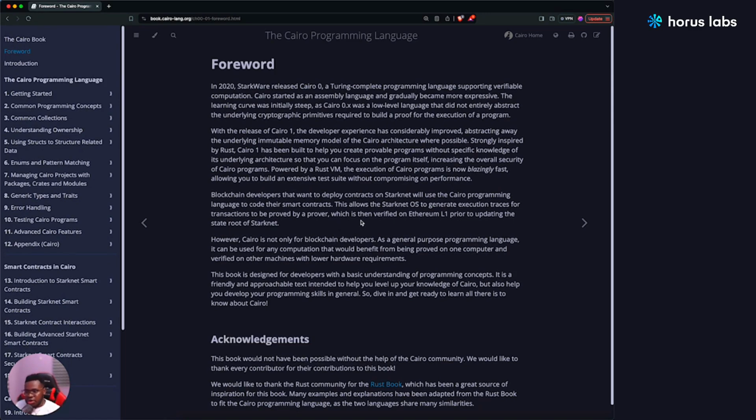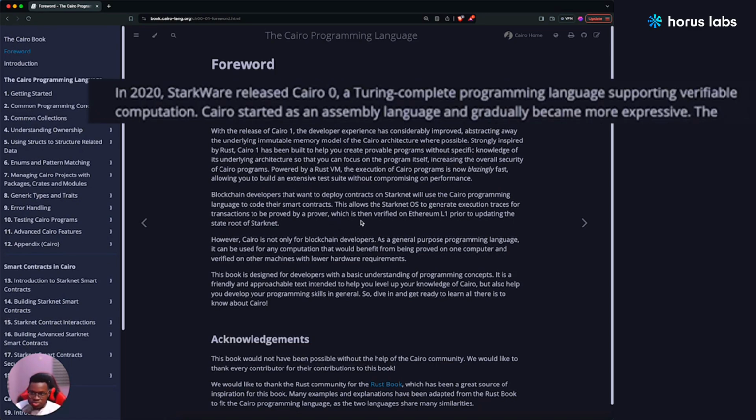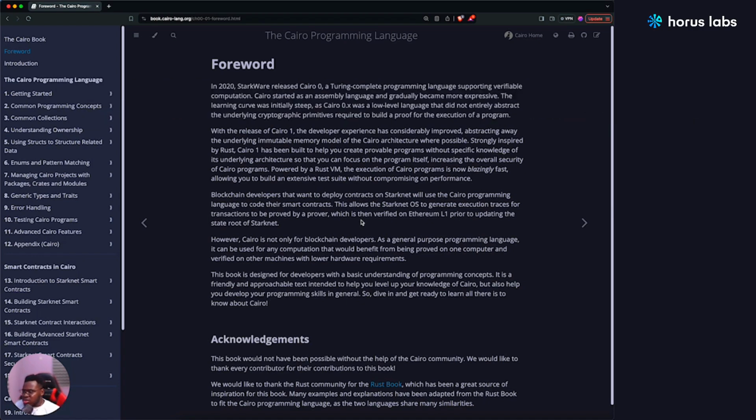the background of Cairo. Cairo was introduced in 2020 by the Starkware team, and it was the first ever Turing complete programming language with support for verifiable computations. Now Cairo is a major breakthrough, because it's a bit, or a lot, different from your average programming language. Cairo created the first support for verifiable computations. Just to really understand how amazing this is,